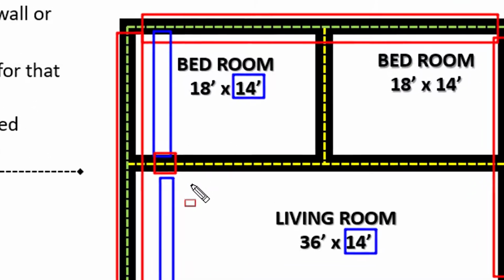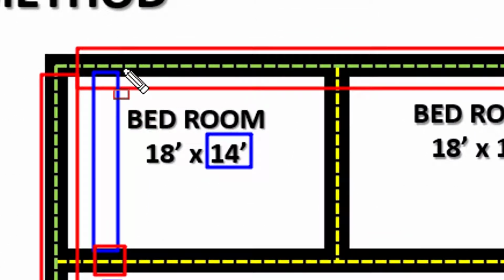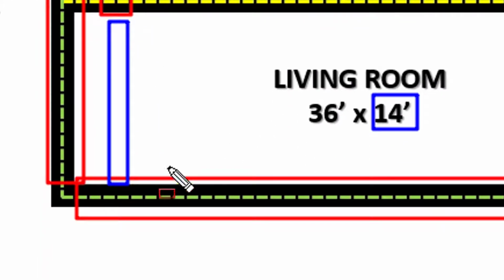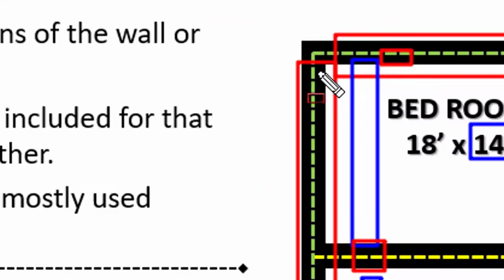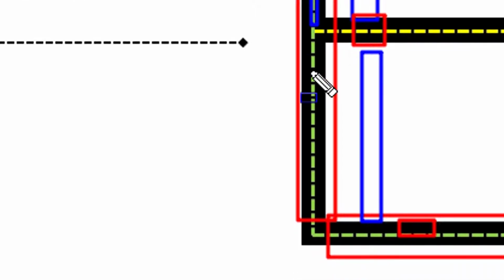Okay. Also, I will take half of the width from this wall, which is 9 inches divided by 2, and it will be equal to 4.5 inches. And half of the width from this wall, which is also 4.5 inches. Okay. So if I add both these 4.5 inches, then it will become 9 inches. Now here, why am I taking the width of these two outer walls in half? Well, it is because in the center line method, we have to take the dimensions of the center line from the center of one wall to the center of another wall.